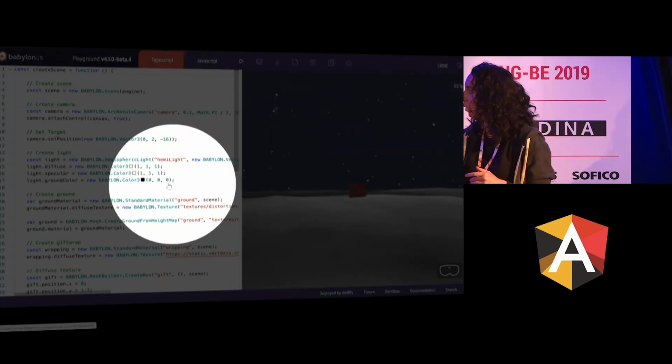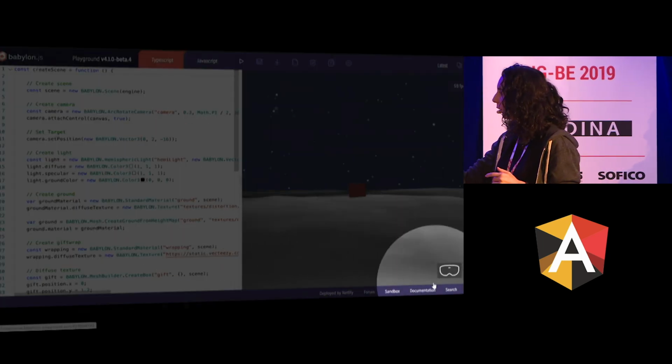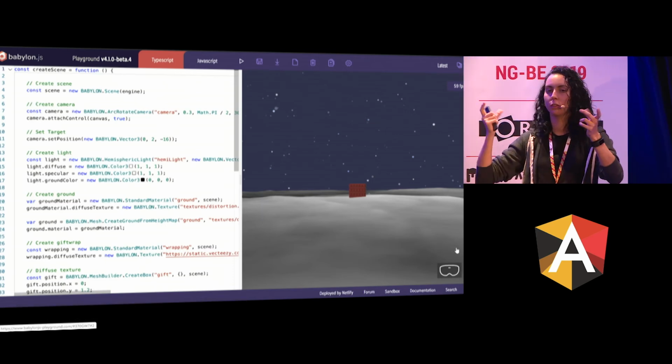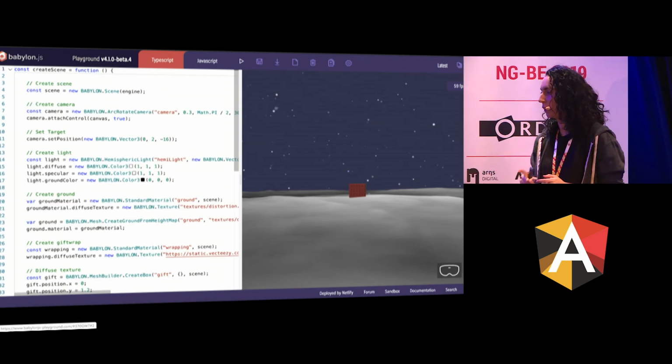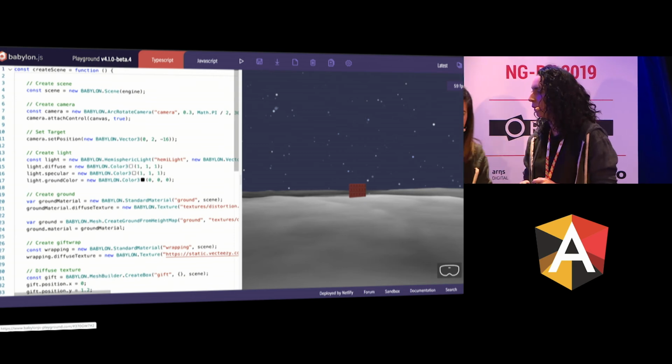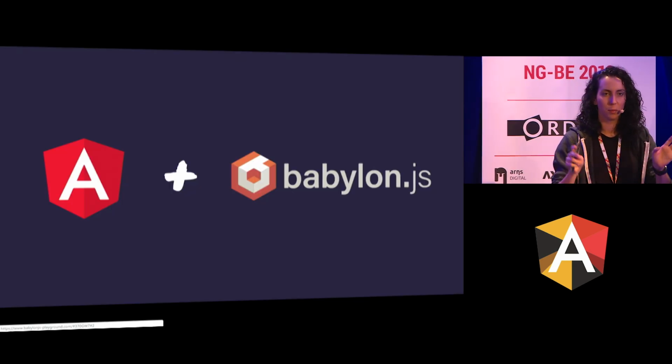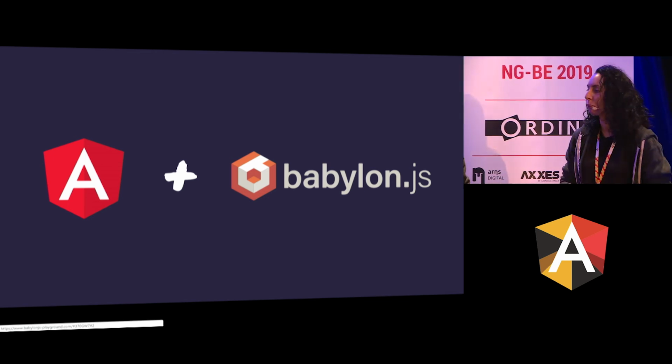What that does for us is create this tiny little icon down here, and when you click on it, it goes into VR mode. I would do it now, but we don't have much time, so I think we should go on to the demo. The slides will be available, so please feel free to try it all out.